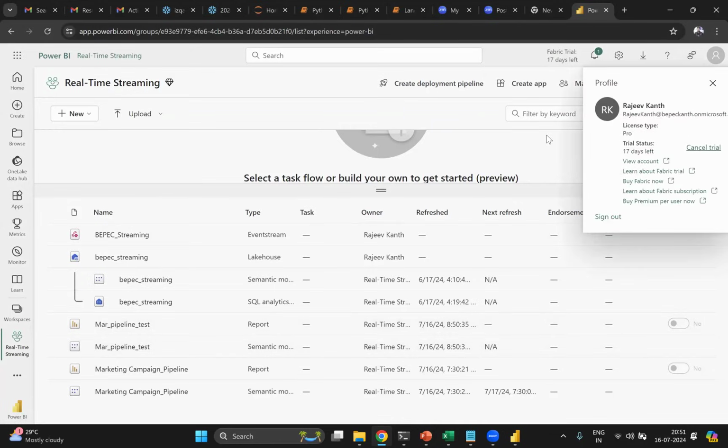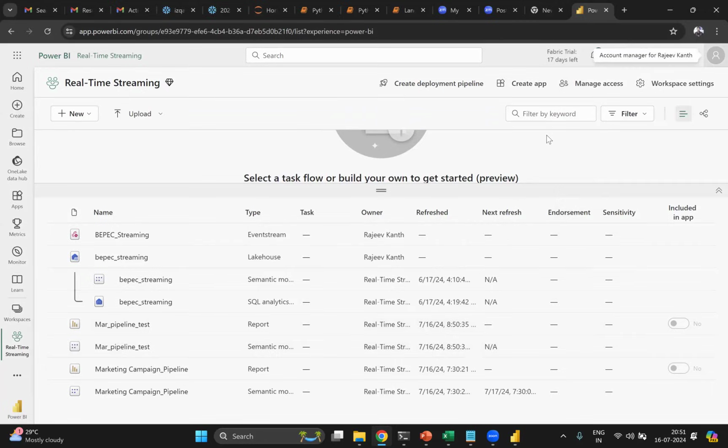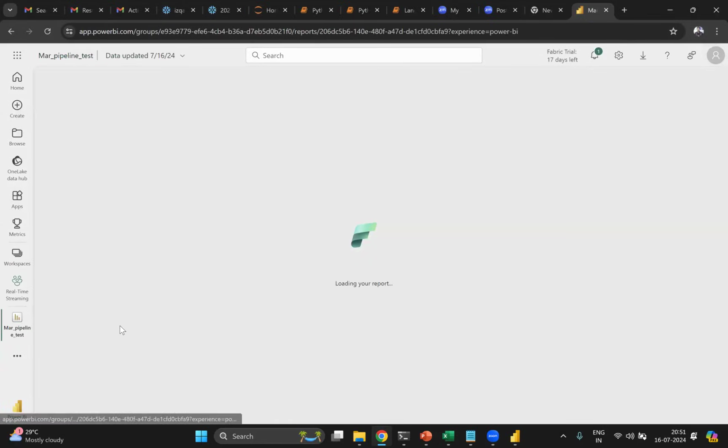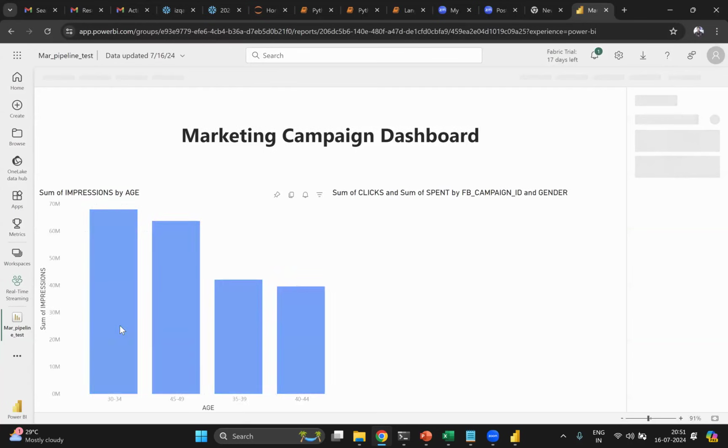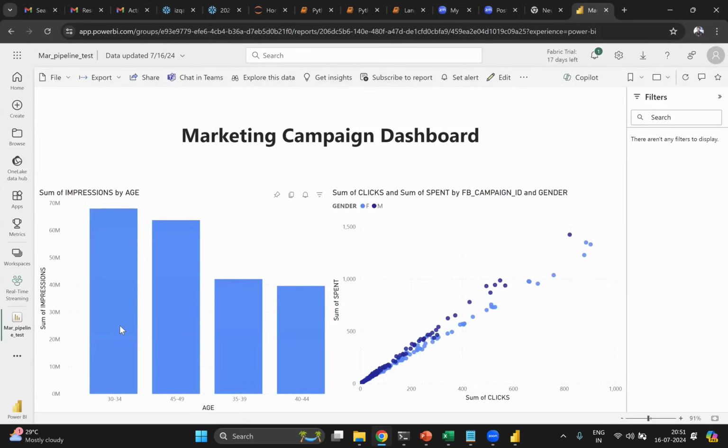So I'm going into my Power BI. This is the area. And I want to just place it inside the real-time streaming workspace. Click select. So it's going to be published inside my Power BI. Once it's published, we are able to see that in our Fabric. So it published. Now I can just go back to my Fabric. What Fabric is and all that, I'll be explaining. If I just click on refresh,